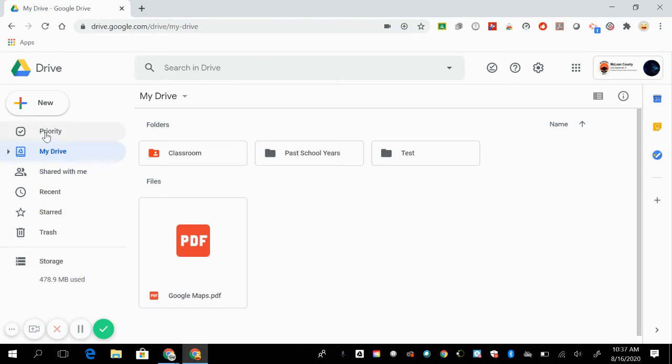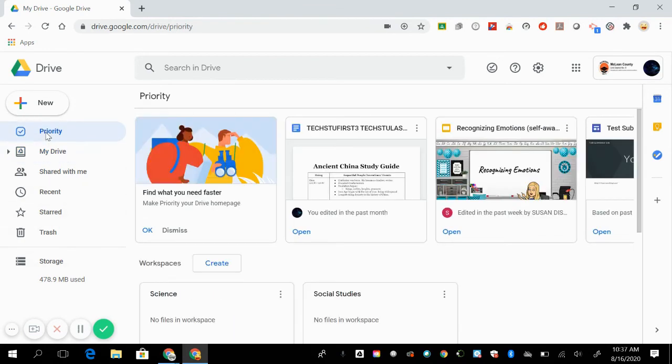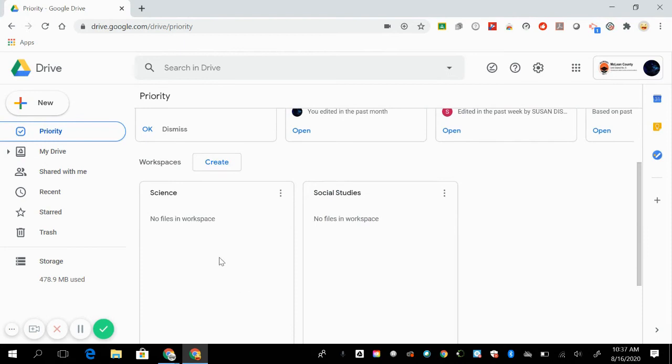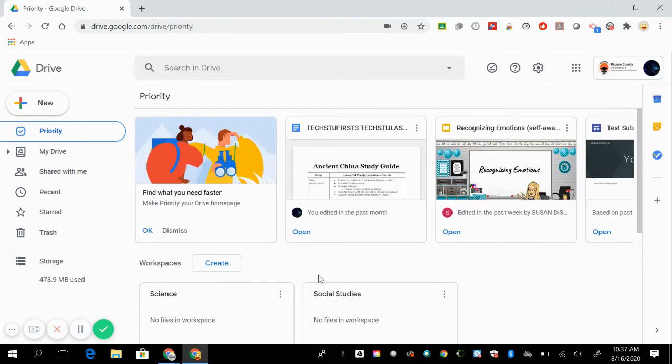Next up is the Priority button. When you click on the Priority button, it will take you to what we call Workspaces. As you can see, I've created a couple workspaces already. I have Science and I have Social Studies. What students use for these is they'll put documents that they're currently working on, and they'll add these to their